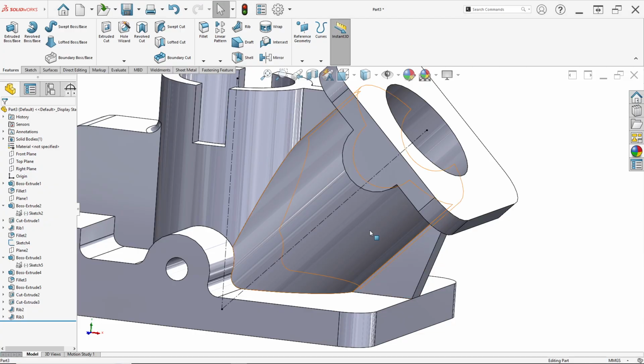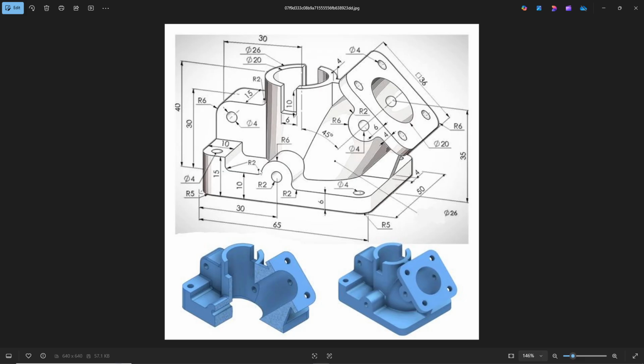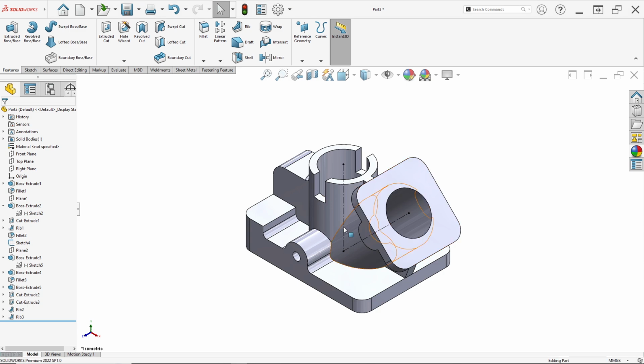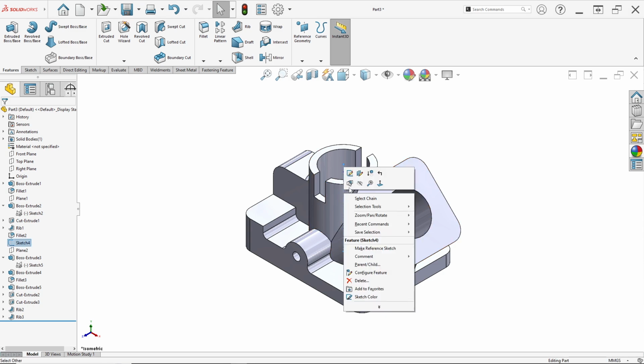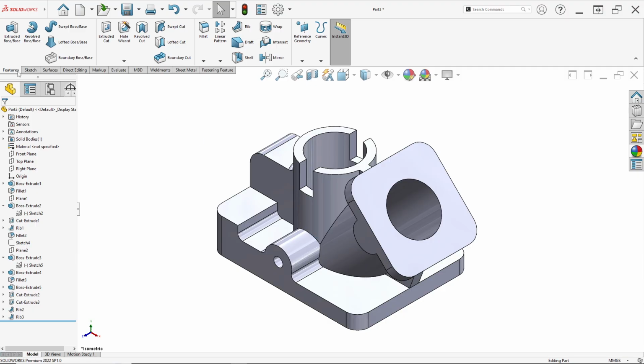Okay, in here there are holes, all holes have a diameter of 4 in here, so we can hide the center line and click hide. We just make the holes with hole wizard, click feature and click hole wizard.